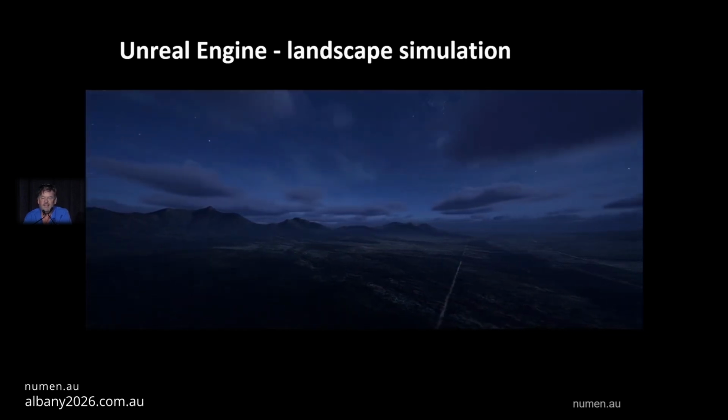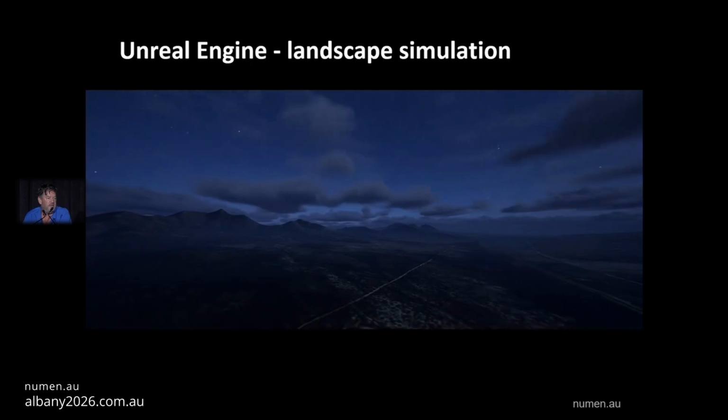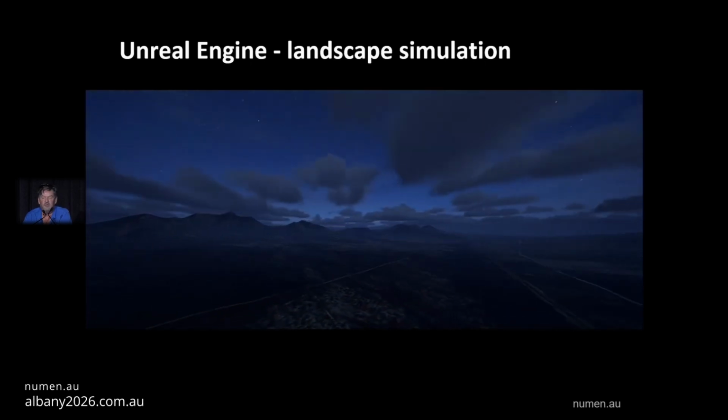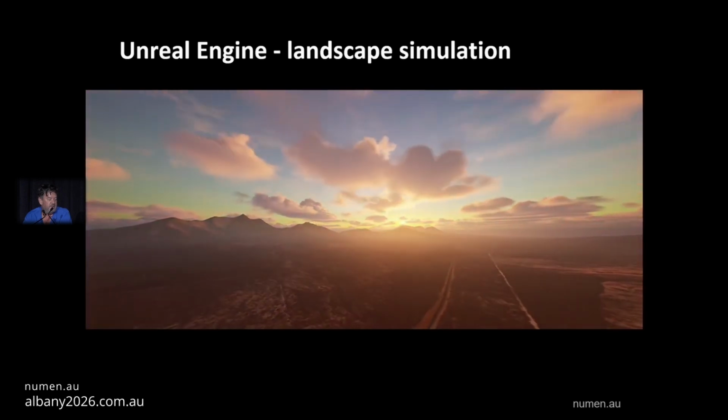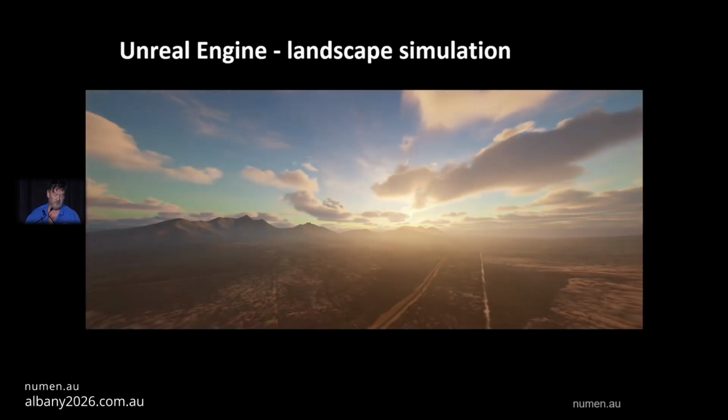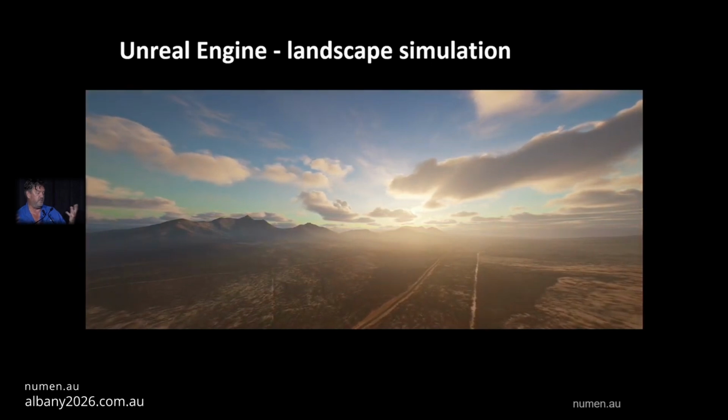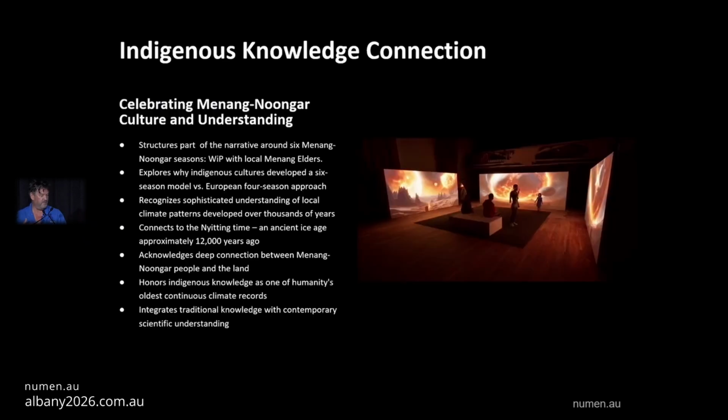I can set this model of the Earth back to any time period that I desire, though of course I'm stuck with the current landscape. But this is what the Stirling Ranges look like, and one can arbitrarily fly around and create movies from different points of view, and overlay that with satellite data. I'm running out of time, so I'll try and get through as many slides as I can.